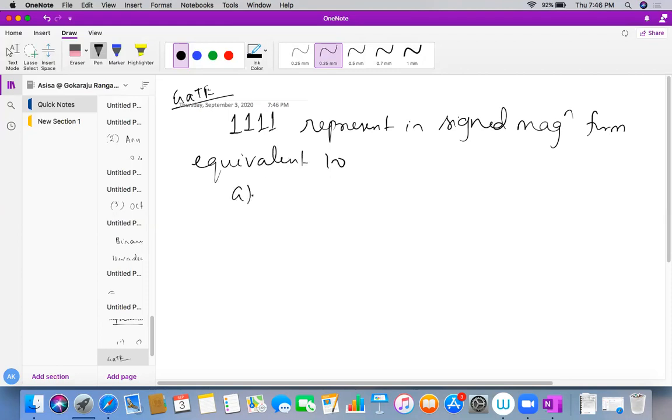The choices are: A 15, B 0, C +7, D -7. What you need to do is first of all read the question.